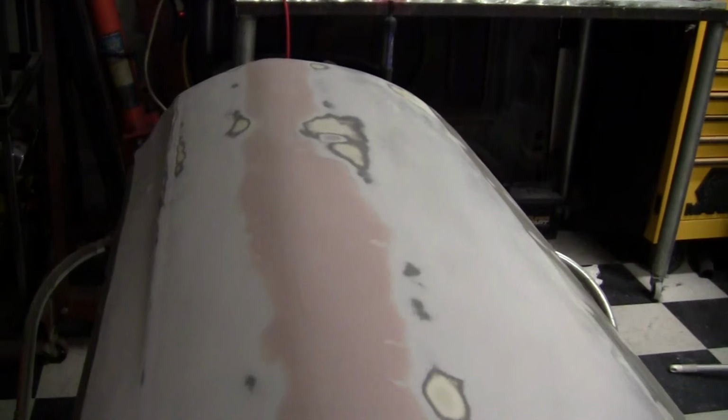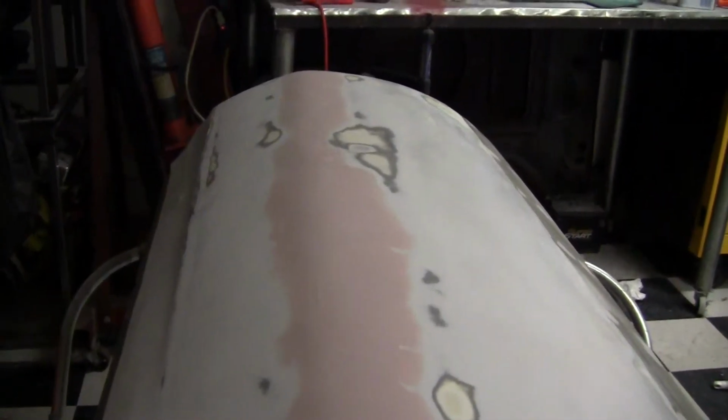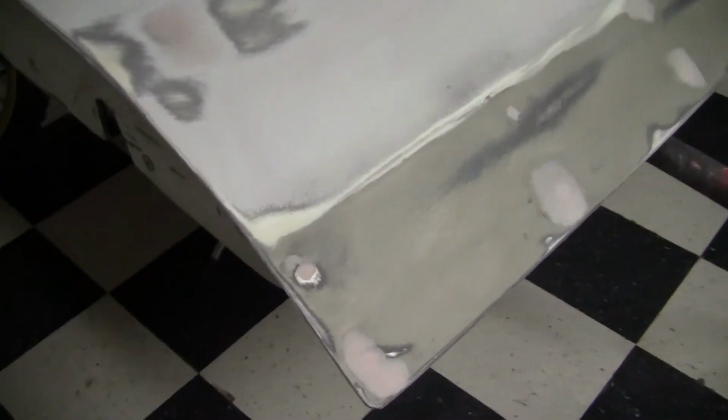The whole area had a weird texture to it. It felt like a dent or something that wasn't smooth, and it was definitely going to be noticeable. So anyway, I decided to put the filler right in the middle of the door and try to get rid of that. So really the reason for this video is to show you guys, and myself even,